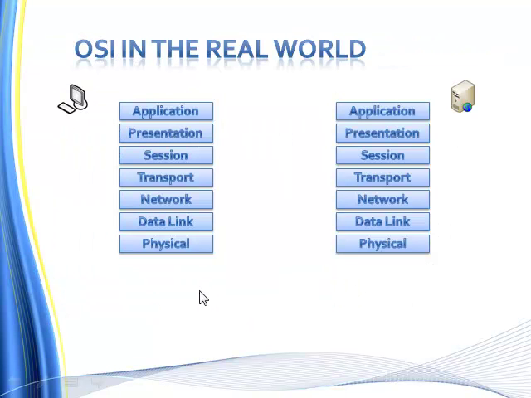So here we're going to do an example of a real world transaction through the OSI model. Here we have, like we said before, our little computer, and we've got our browser. He or she opens up the browser, Firefox or whatever. We'll call it IE. So there's our browser, and that browser is the application. Through that application, we see the HTML that's presented to us on the web page, and then finally the HTTP,